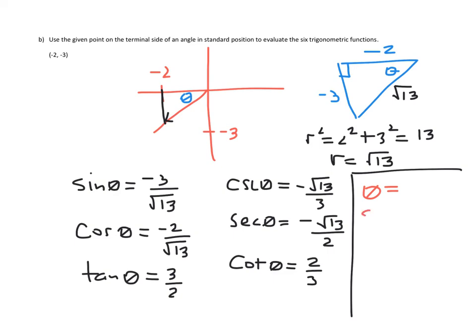So this is going to be sine inverse of negative 3 over square root of 13, and this is going to give me the angle which is in the third quadrant, which is 100 and, no, not 100, but